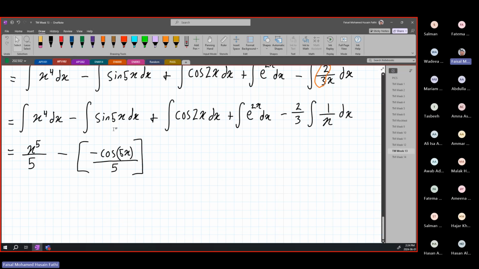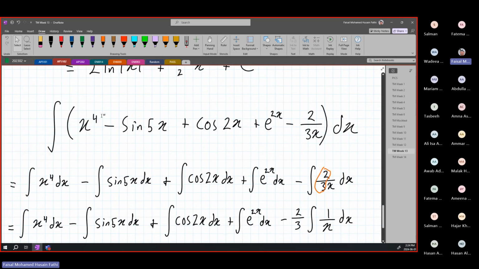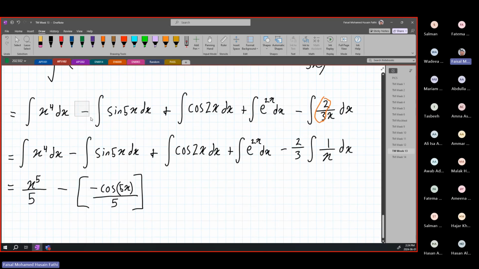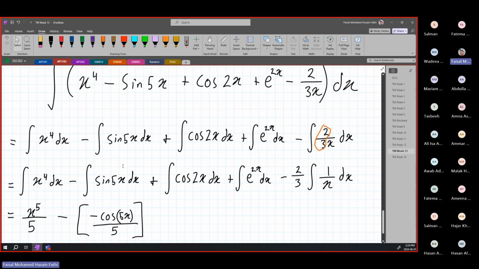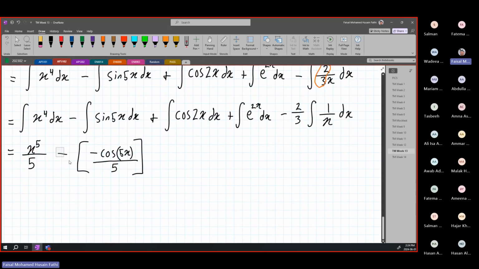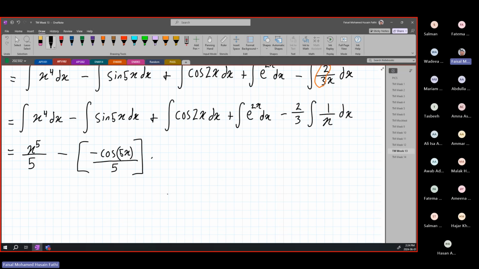Make sure you do not confuse the signs. If you notice here, the minus, I took it outside as well, so that there is no confusion with the signs, because you're going to have the minus here from the original equation, and then the minus here because of the integration of sine. Same thing again. This is going to become plus cosine 2x becomes sine 2x, divided by the constant inside, which is 2, right? So again, this 5 just came from here, and this 2 just came from here, okay?